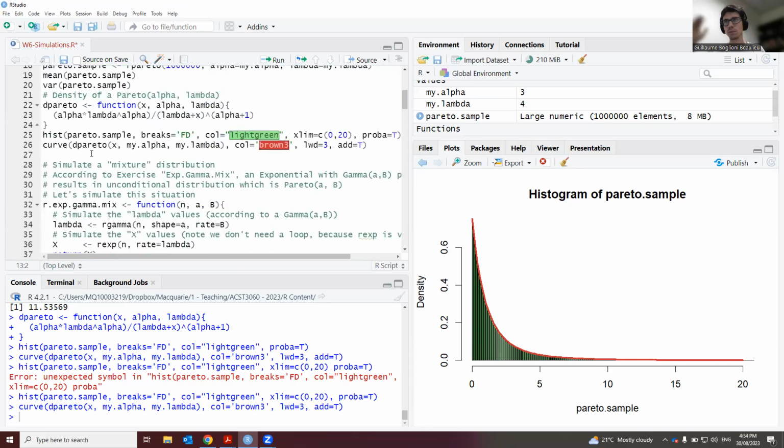Another thing I want to do, so now you can take a break in your mind, we do something a bit different now, but always the theme for this video is simulations. Let's go back to a concept we've seen actually in week 1, which is mixture distributions. So recall a mixture